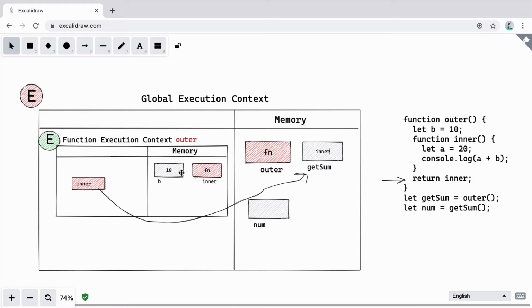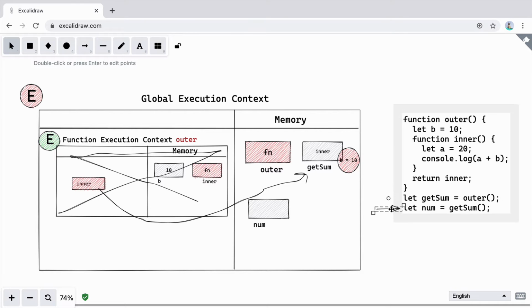But one important thing to notice is that whenever a function gets returned from a higher order function, it also carries the environment. Here, what is the environment? The environment is a variable b with a value of 10. So we'll go ahead and create the box here, showing that this is an extra value that this inner function is carrying. That is a value of b that is assigned 10. So the execution context is over. We'll delete this execution context.